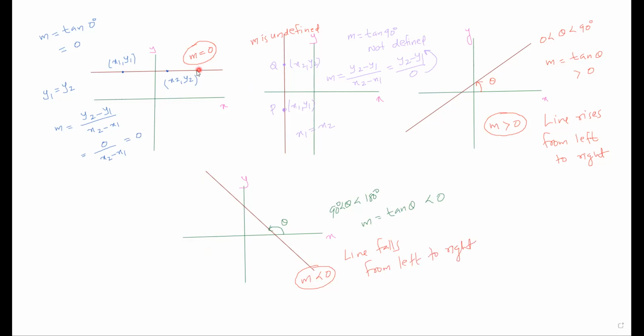So slope can be positive, slope can be negative, slope can be 0, and slope can be undefined. You have to see which are the situations. Horizontal line slope is 0, vertical line slope is undefined. If the line is moving up when you are moving from left to right, the slope is positive. When you are moving down, if the line falls down from left to right, the slope is negative. Okay,